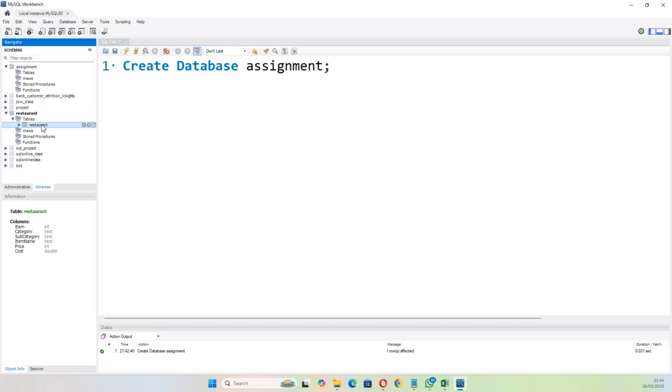You rename it. To rename it, you may decide not to write code. You may decide not to write syntax on how to rename it. You can just right click on the table, then click on alter. If you click on alter table,